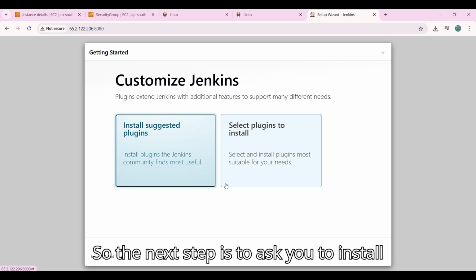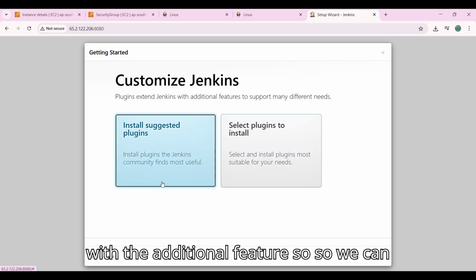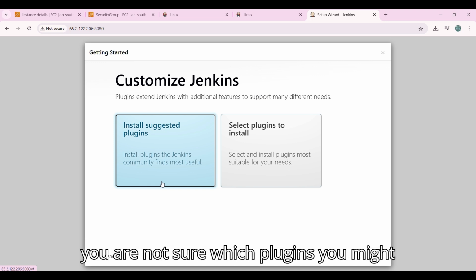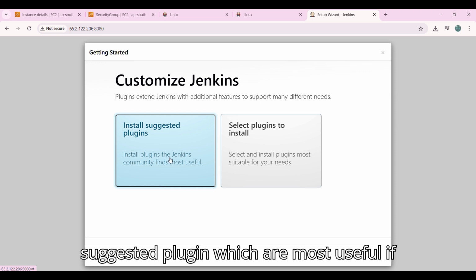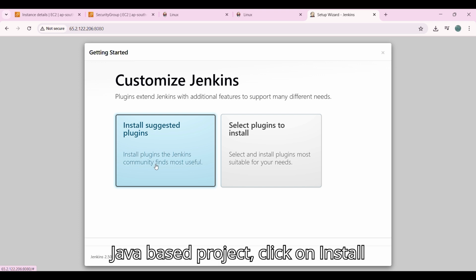The next step asks you to install plugins so that you can extend Jenkins with additional features. We can select different types of plugins. If you are not sure which plugins you might require, you can just go with the suggested plugins, which are most useful for a generic Java-based project. Click on install suggested plugins.